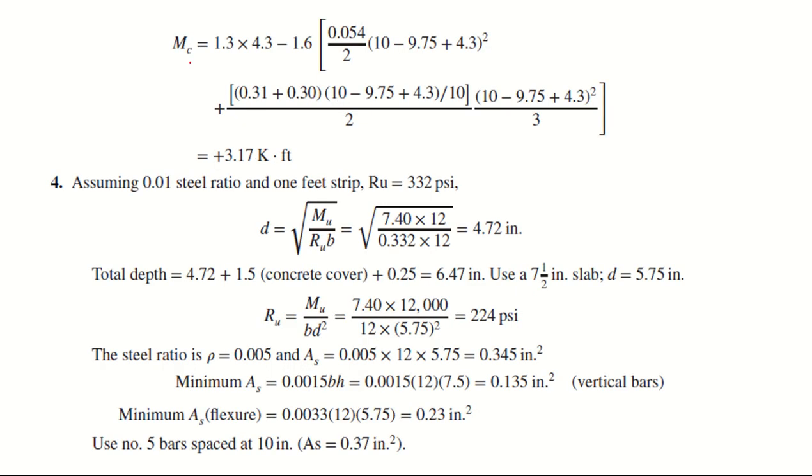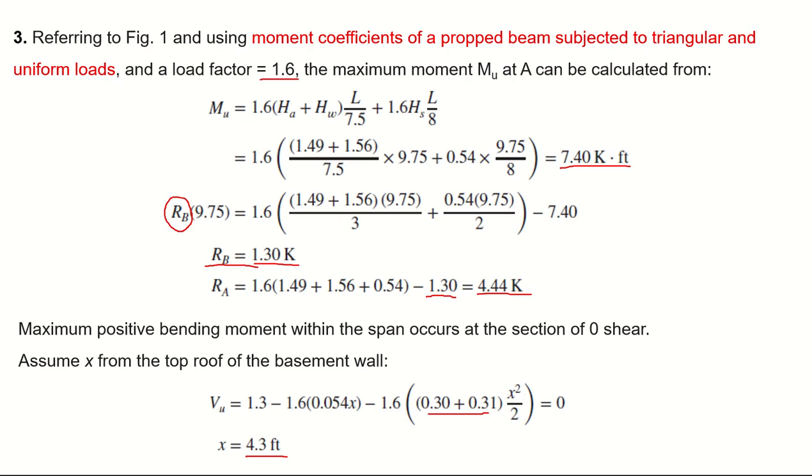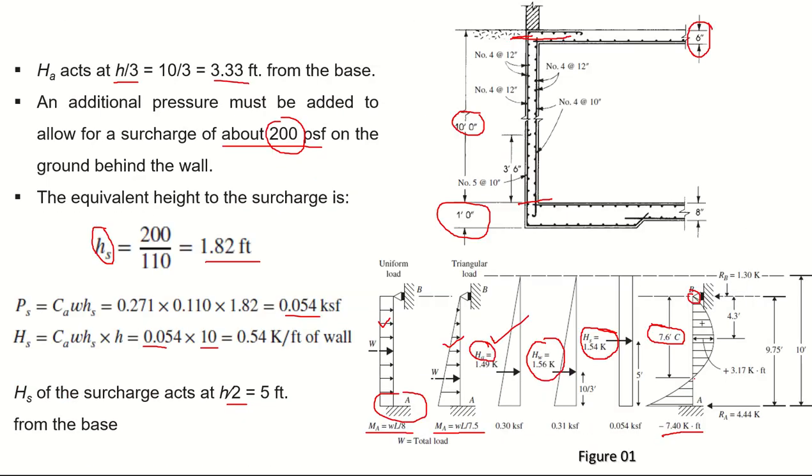Now MC, where is point C? As you can see in this figure, this is your point A, this is your point B, and this is your point C, right, at 7.6 feet. So MC will be equal to 3.17 kip, not this point, MC is this point basically,